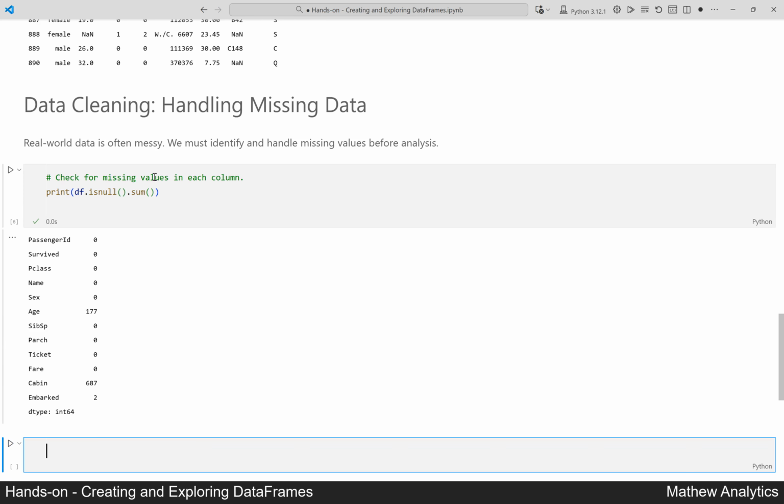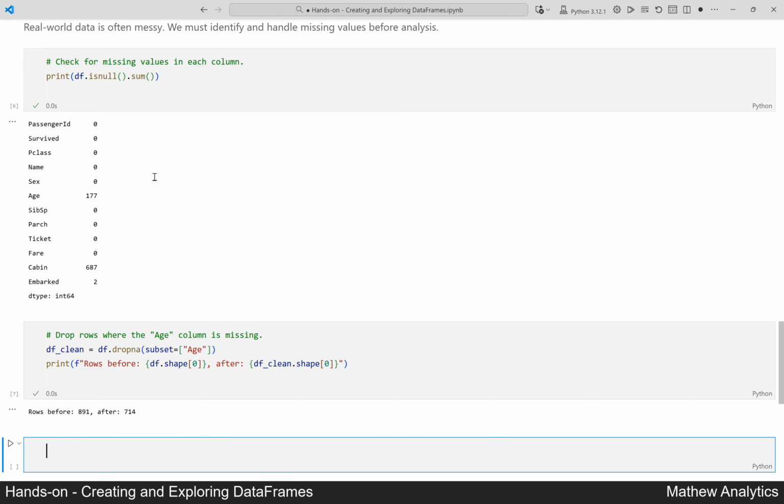Missing ages can confuse our analyses. We remove any passenger row where information about age is missing. We show how many rows remain after this cleaning step. Running the cell now. This output shows that by dropping rows with missing age values, we reduced the dataset from